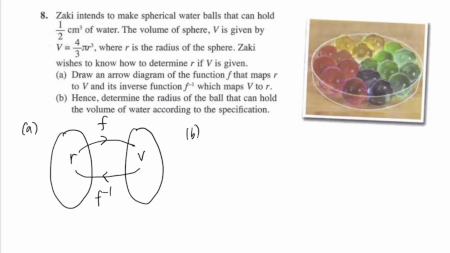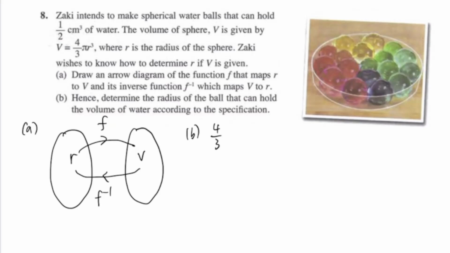Okay, next one. Hence, determine the radius of the ball that can hold the volume of water according to the specification. So actually, you don't have to really inverse the function. You write the inverse function because we already know that if you're given V, you're finding r, we're just rearranging the equation. So you can write like this. We can say that, okay,